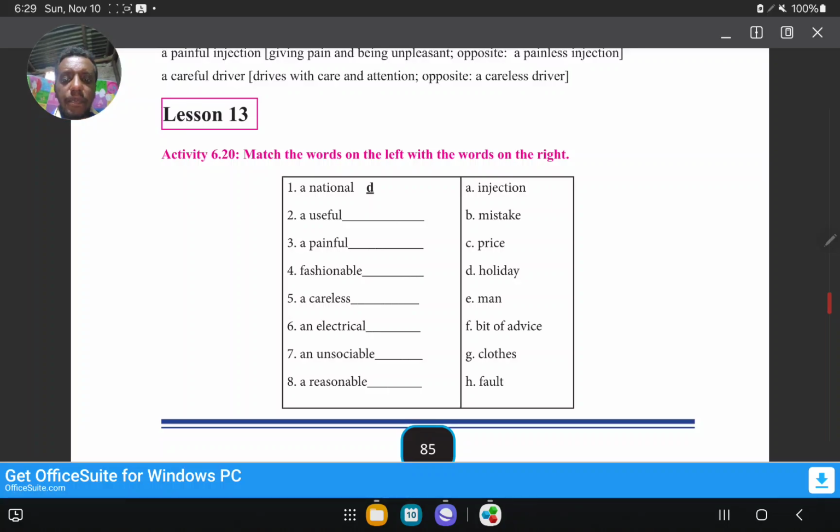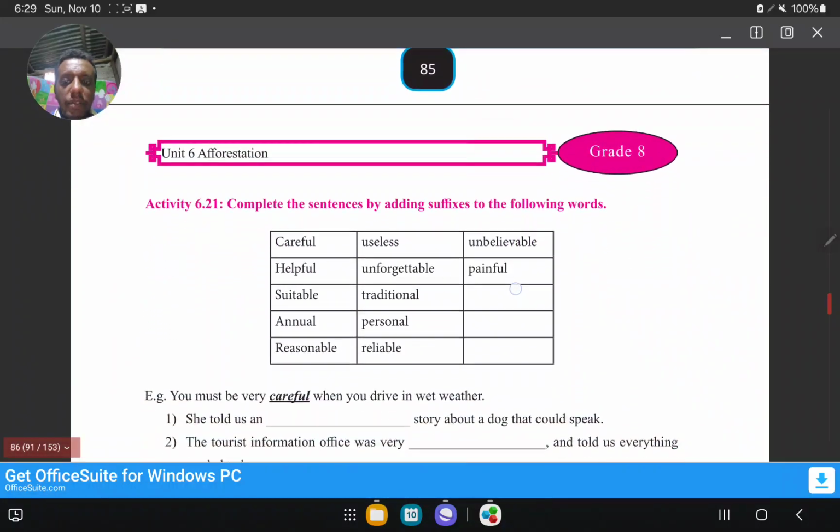Another one is number 7, unsociable. Number 7. This is for a person, right? Often we say not friendly. The last one, reasonable. What's the right answer for you here? Price, C, that's the right answer. Well, have you scored 8 out of 8? Great job. If not, you can read again and again and you can match easily after you understand the whole. Next, let's come to activity